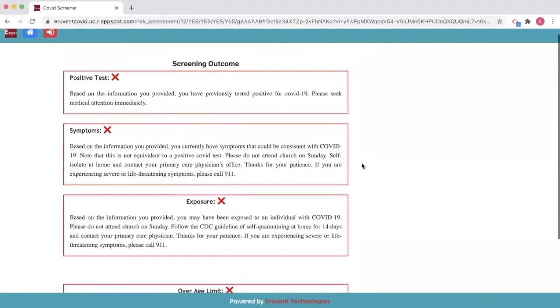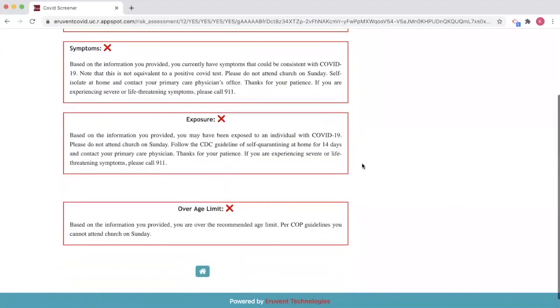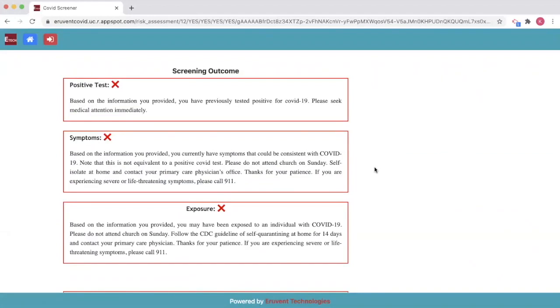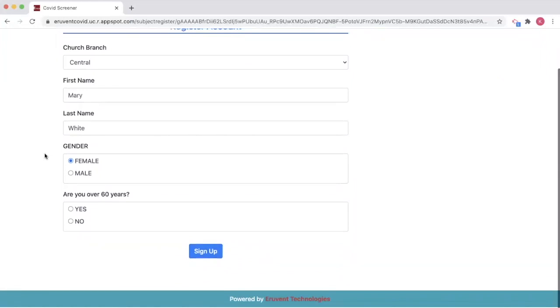So based on all this information, we definitely would not be cleared for an event. Quickly, I will go back and provide information that would clear an individual for an event just to see what the outcome report says. So here we are back at the registering account screen,